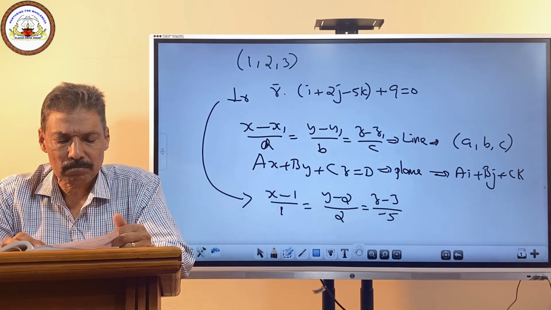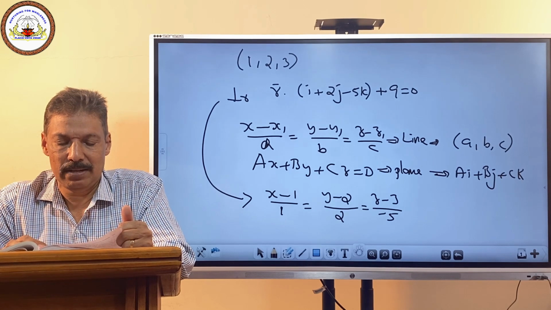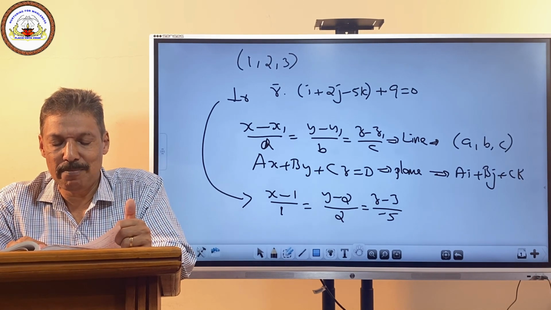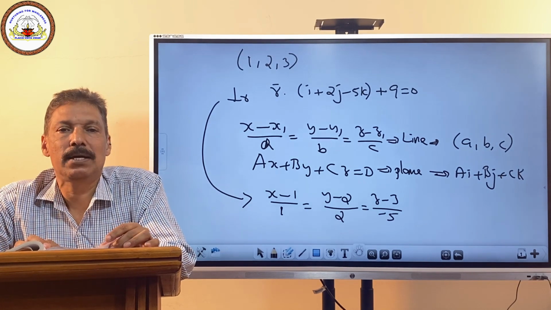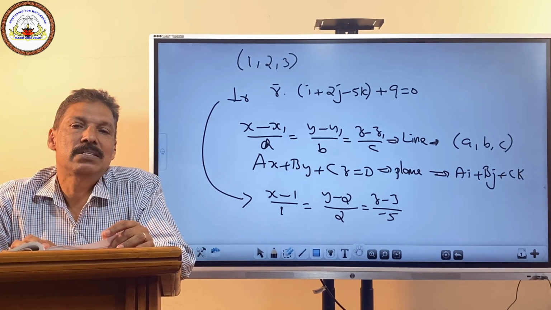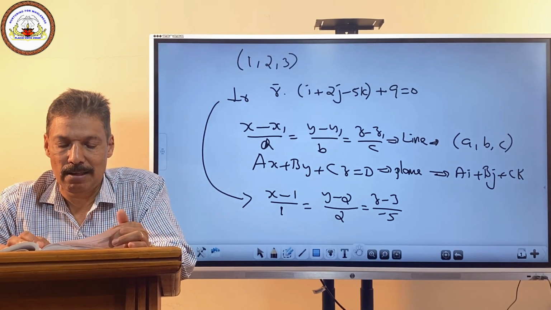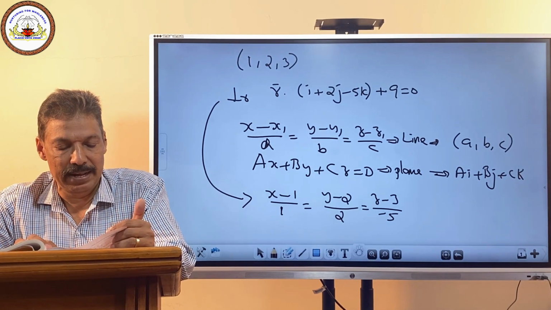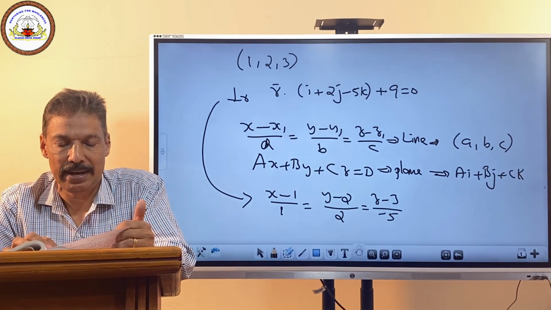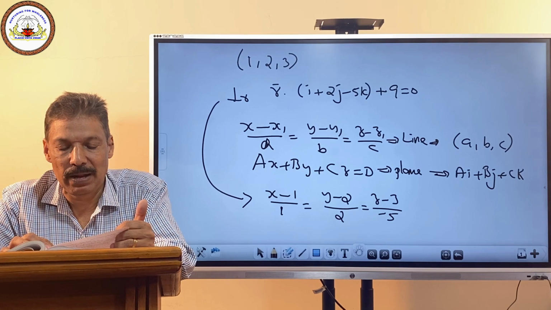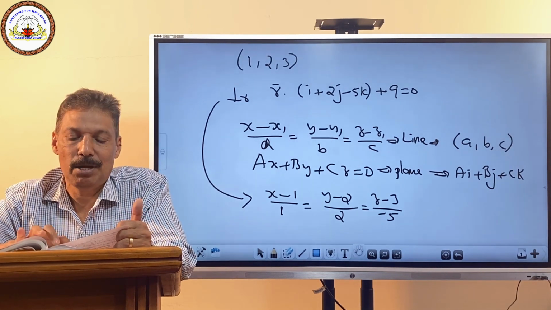Then our next question, question number 8. Find the equation of the plane passing through (a, b, c) and parallel to the plane. When two planes are parallel, their normals are also the same. So one plane is parallel to another plane. The given plane has normal i + j + k. So the required plane's normal is also i + j + k, and also a point is given.